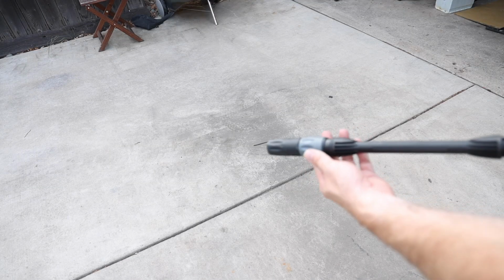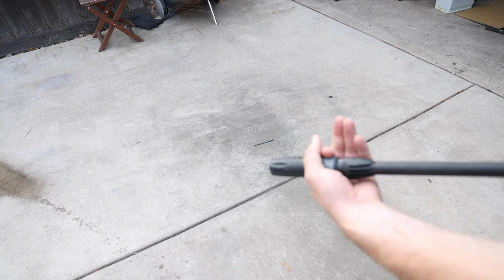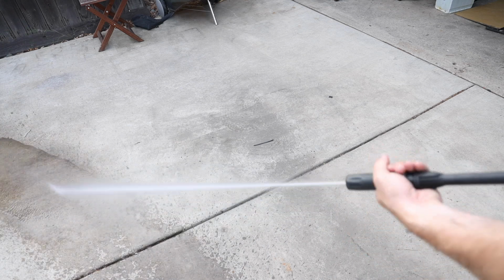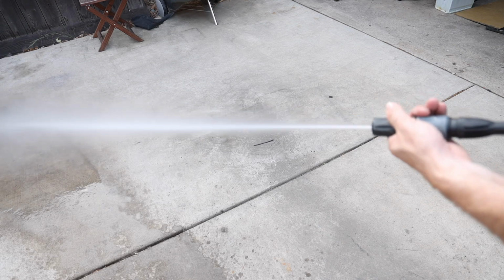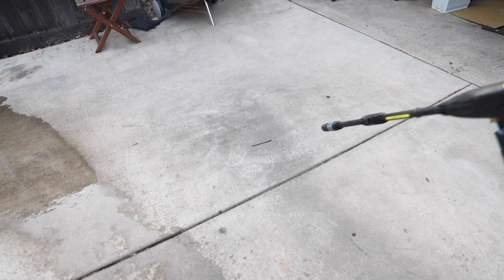I'm gonna show the difference in the intensity here on the nozzle. So apparently here you can actually turn up the pressure. And then you can adjust the stream with this right here, okay? So right here, this little area is pretty dirty. Different pressure here, make it finer,